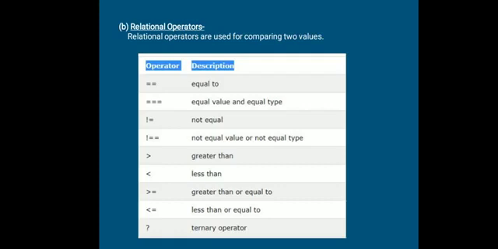There are two special operators. If you look, we have triple equal to, that is three equal tos, and one not double equal to. When we use these, they will not only match the value, but they will also match the data type. If the value and the data type are equal, then that gives you true. Otherwise, false. Likewise, not equal to also will check both the value as well as the data type.